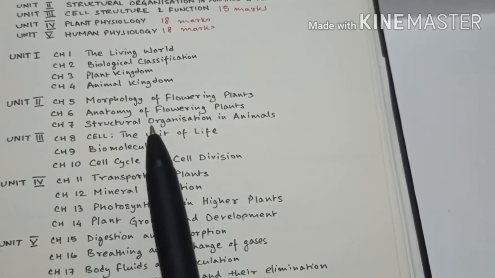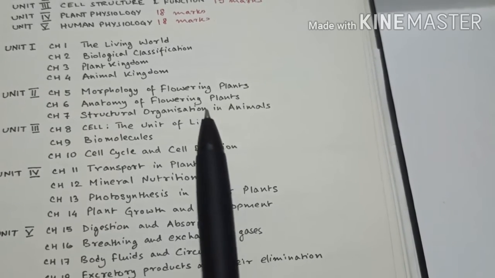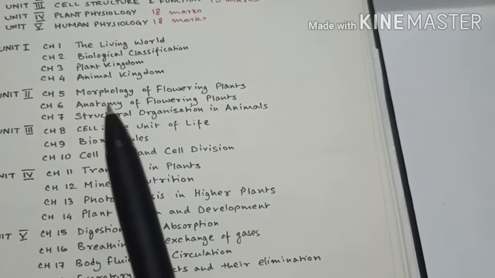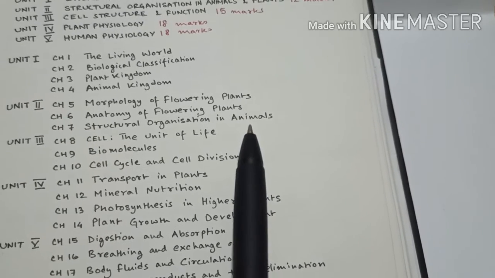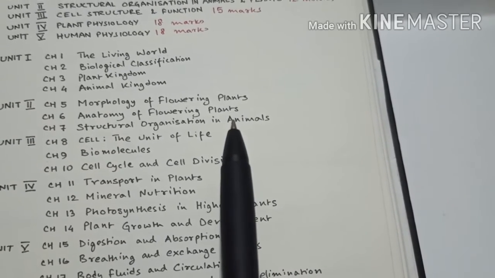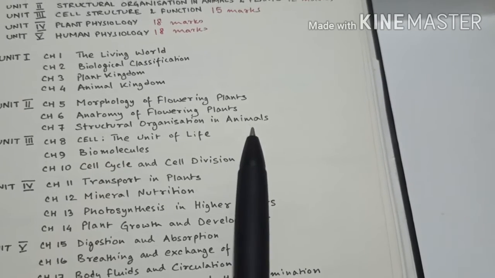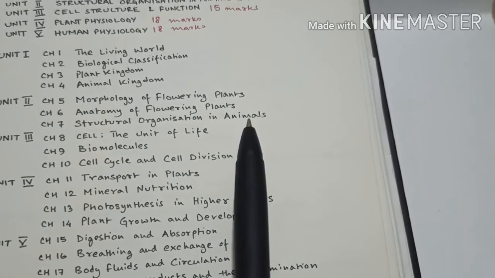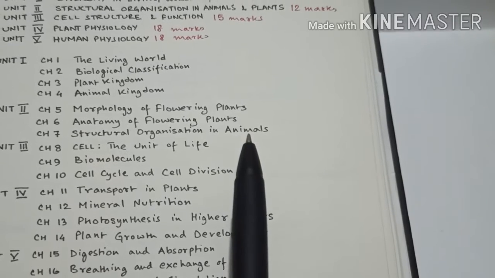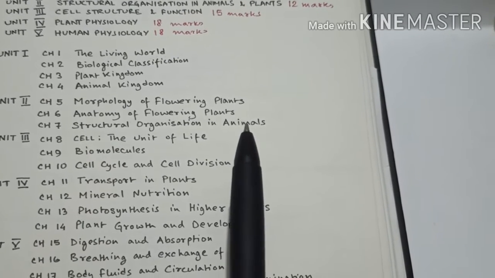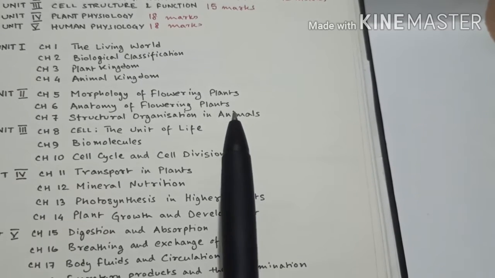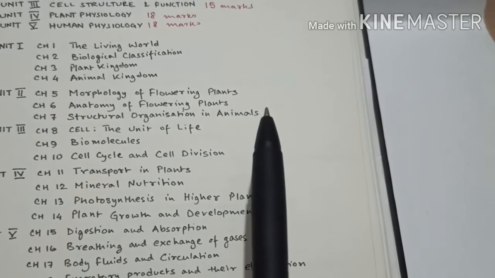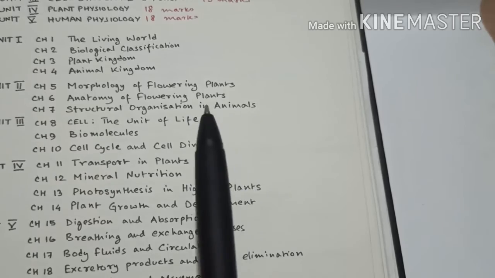The next one will be structural organization of animals, which majorly deals with the different tissue systems that an animal is made up of. Along with it, there are 3 organisms which are explained anatomically in this chapter, but in the syllabus we are presently learning only one of those 3. We are learning only cockroach, and frog